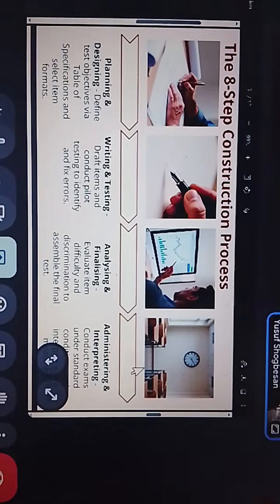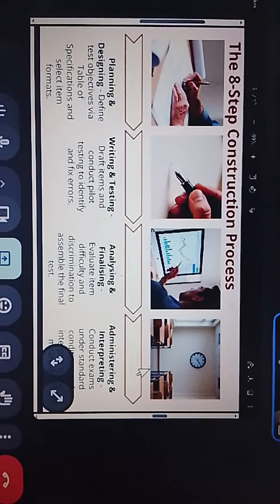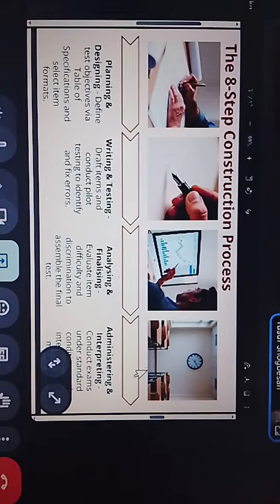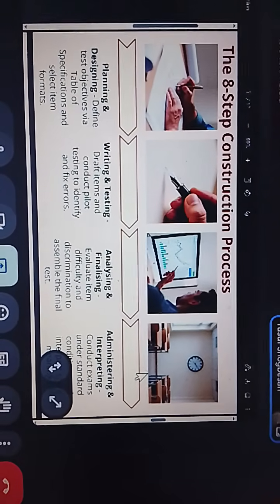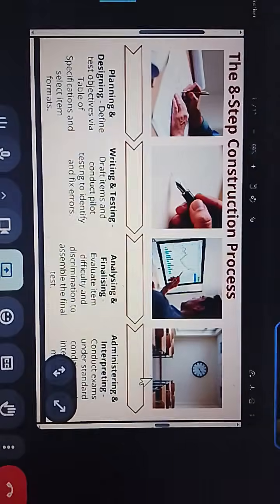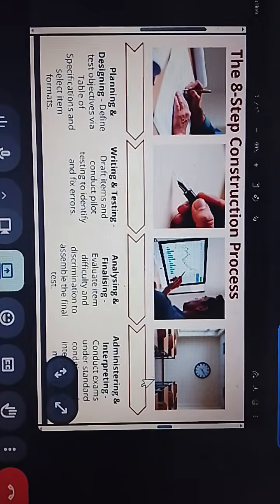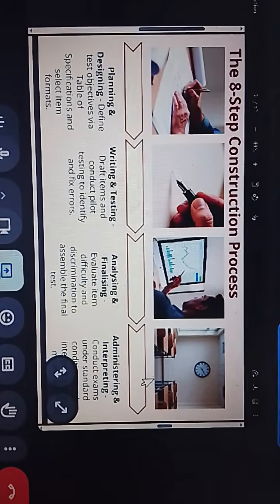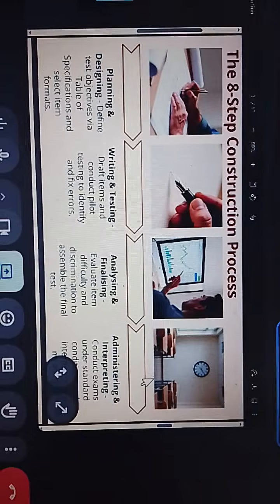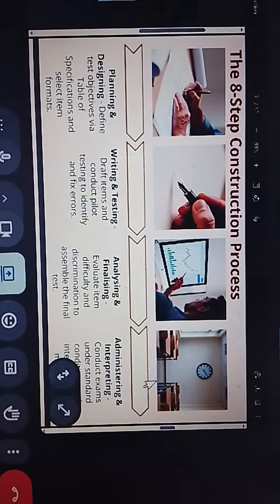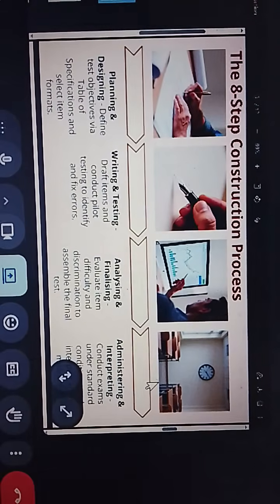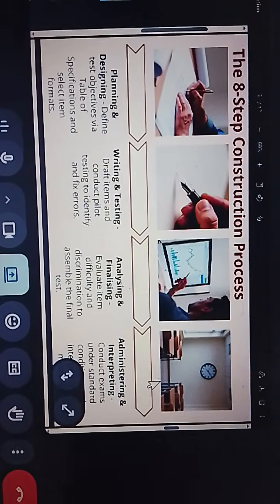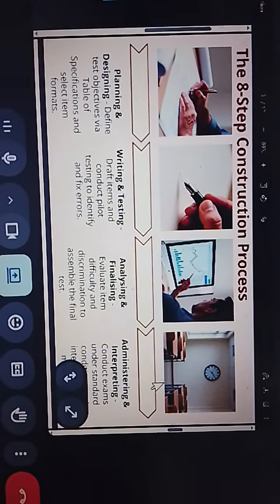To ensure that all those processes that we have mentioned are followed through when you are constructing your test, you start from planning. When I say planning, here you will identify the instructional objective that you want to explore, and you will ensure that your test is aligned with the curriculum using a table of specification. You will also ensure that